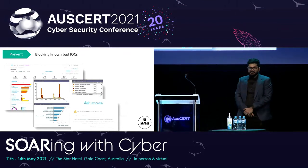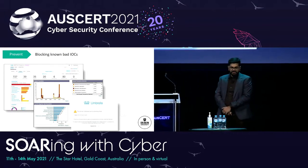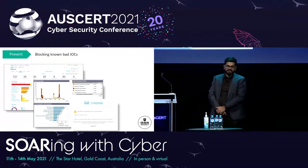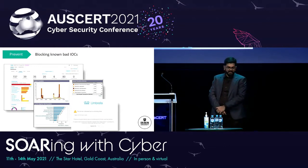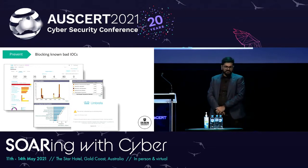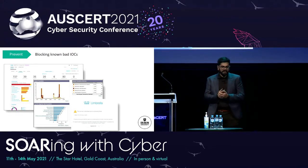And like universities, if you've any experience working for or with your university, you would know there is no one rule that fits all. So at every stage, we had to identify how we would manage exemptions for some of those rule sets. Once we'd done DNS protection and content filtering based on DNS, we started with implementation of email security. So we started blocking known bad spam and dropping malicious emails as we see fit. And then we implemented endpoint protection and application whitelisting on endpoints and locking down admin rights